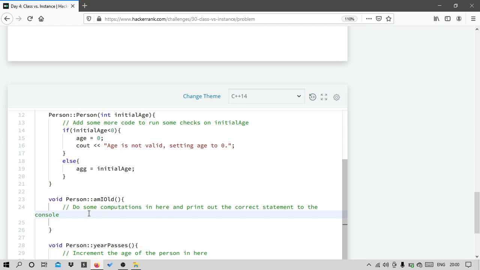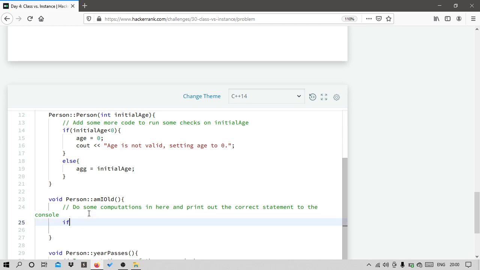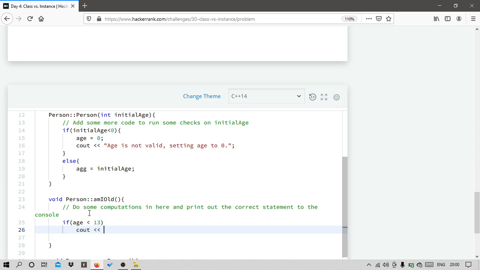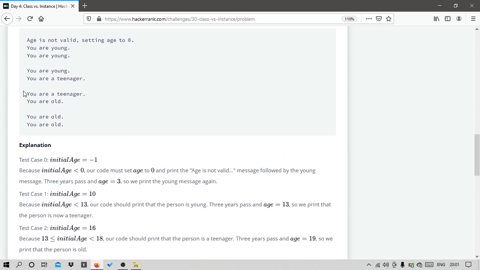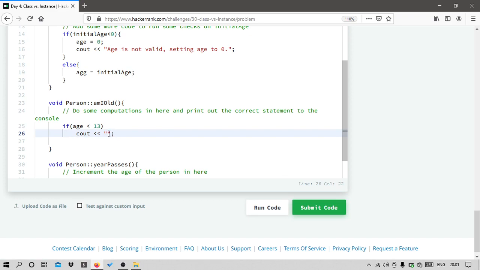So I'll complete the code for the am I old function. So if age is less than 13, we have to print you are young. So I'll copy it from this sample code and directly paste it here.